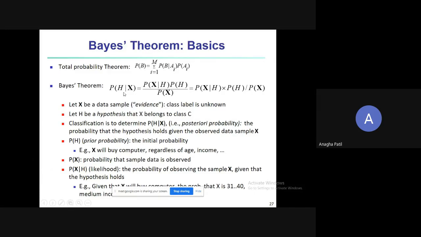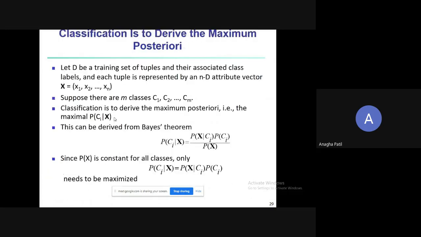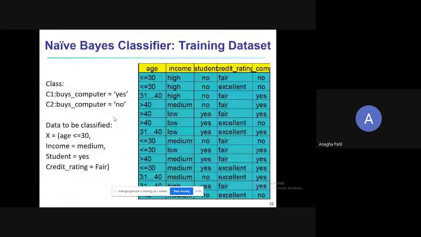So the probability of a hypothesis based on an attribute X, that is a conditional probability, goes ahead with this particular formula. I'll explain this with an example, which will be much more helpful for us. We have the same database now, and they have provided the data to be classified. So the test data is given to us. So how do we go ahead with this?